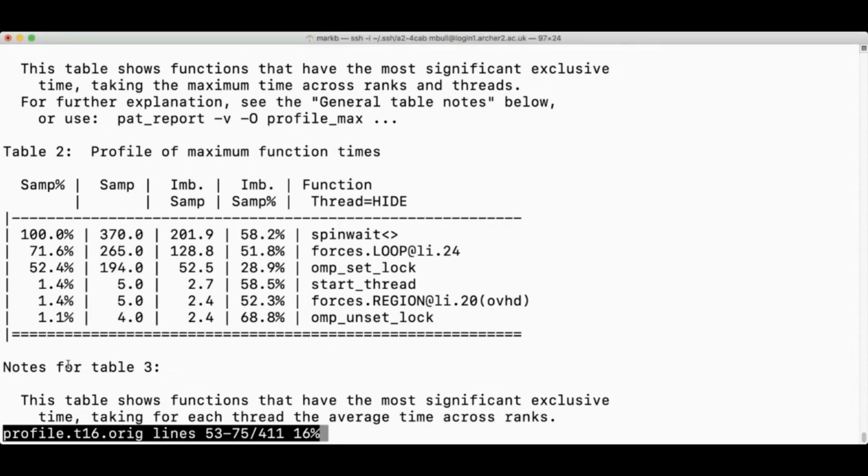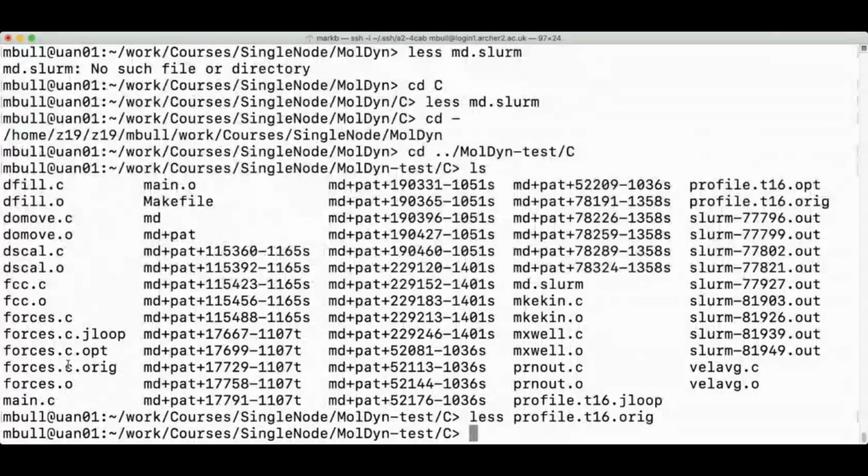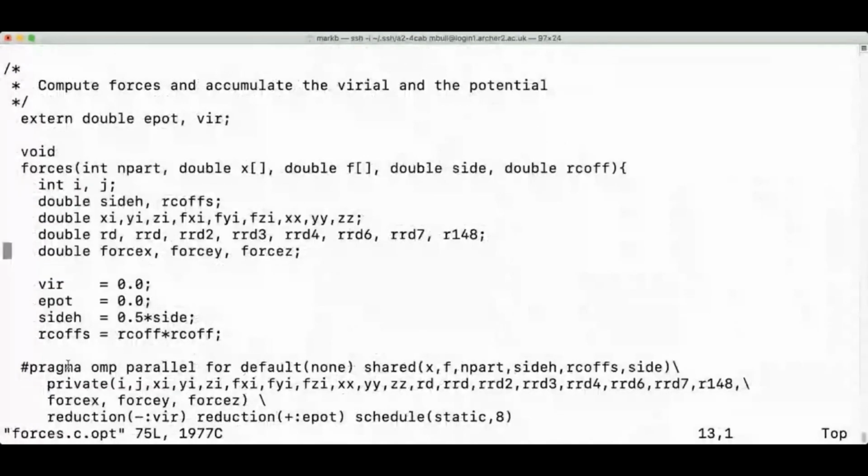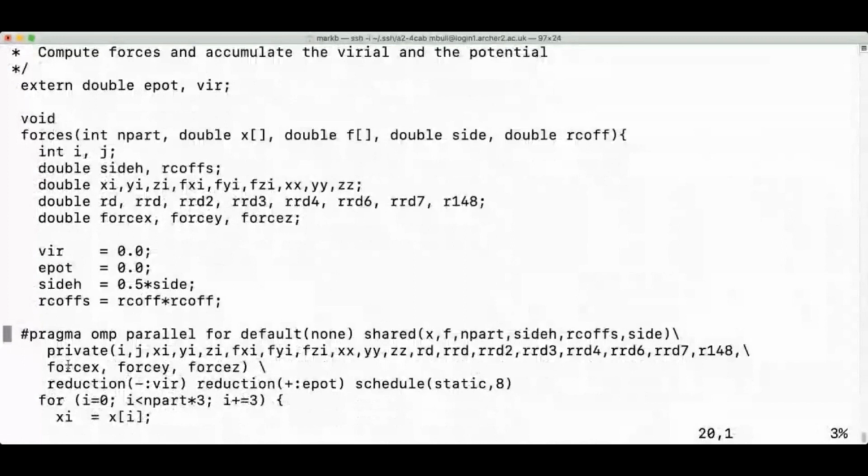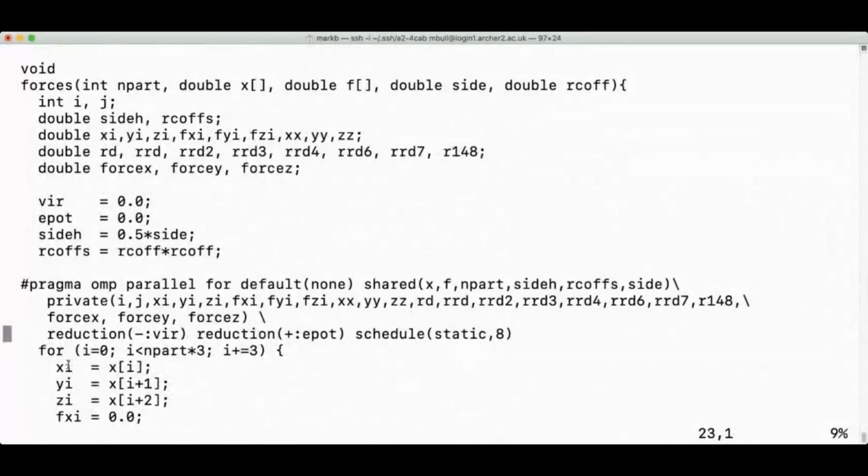Okay, so if I do go and fix the problems, I can show you the resulting code. I can fix the load balance by putting a small chunk size in the static schedule.